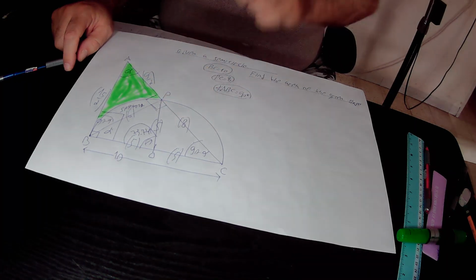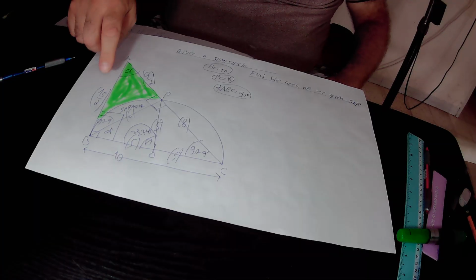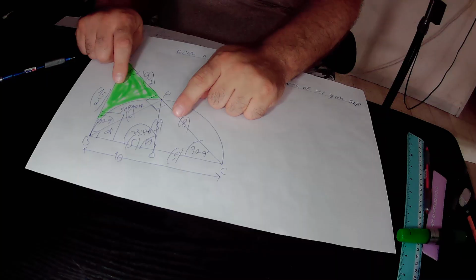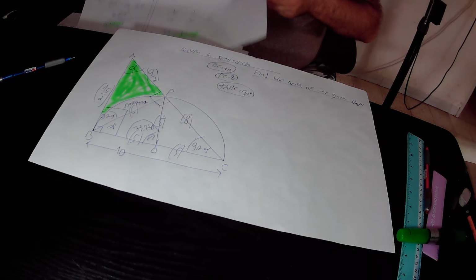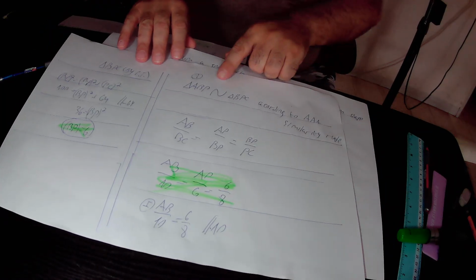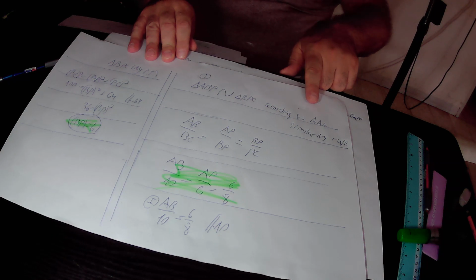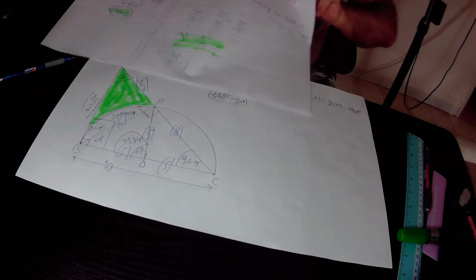So we found out that all the angles of the right triangle ABP are correspondingly equal to all the angles of the right triangle PBC, and therefore those two right triangles are similar to each other according to the angle similarity rule. And again, after we found out that the right triangle ABP is similar to the right triangle BPC according to the angle similarity rule,